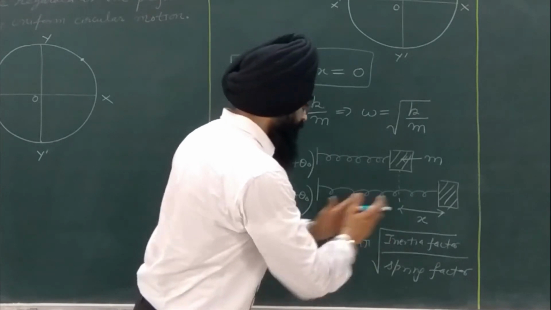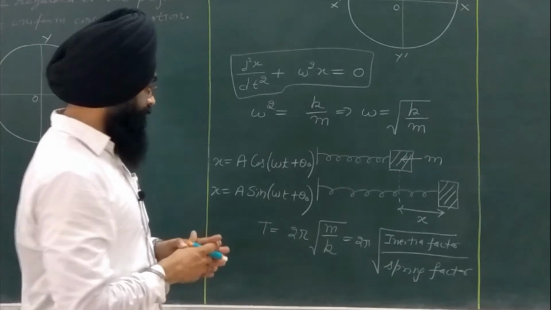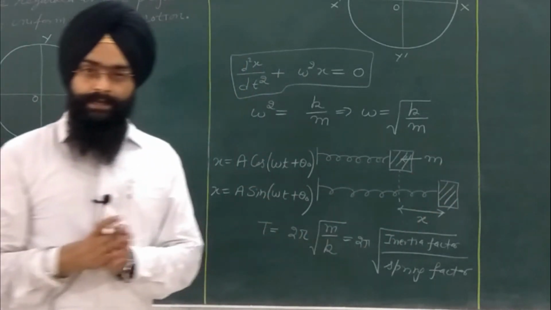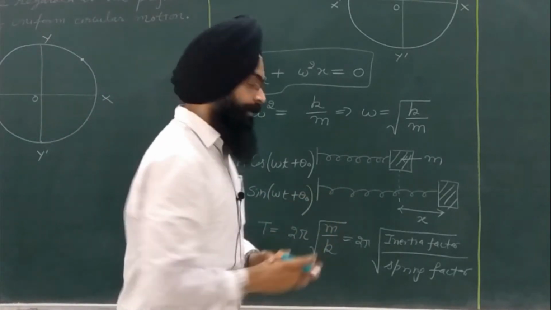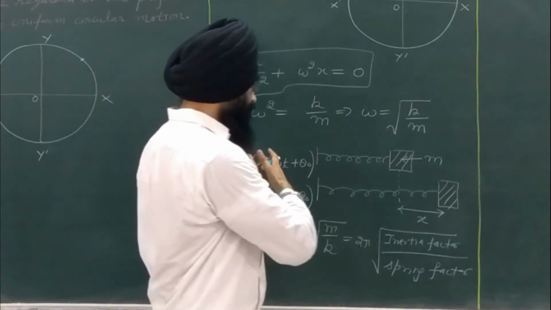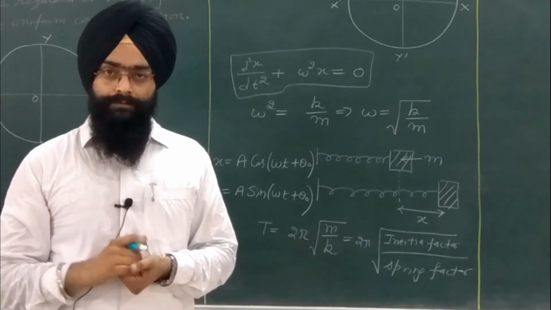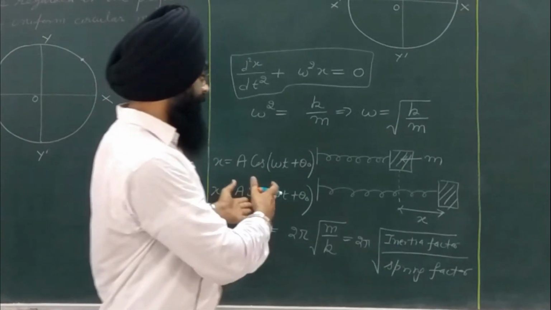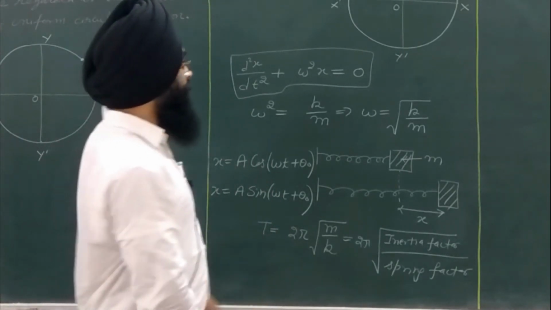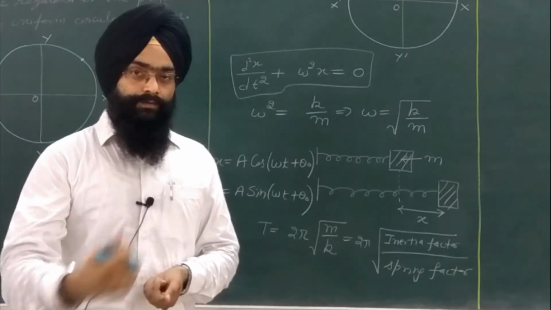2 pi is a constant. Inertia factor means the mass attached to the spring. If mass increases, obviously the time period will increase. The k is the spring factor. Now k depends upon different factors: the type of the spring, the elasticity of the spring. In addition to these factors, there are some other factors upon which the time period depends, such as friction, air drag, or gravity. But while deriving these equations, all those factors are considered to be negligibly small.